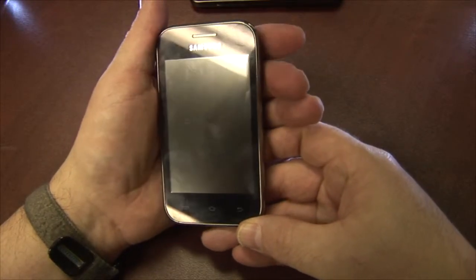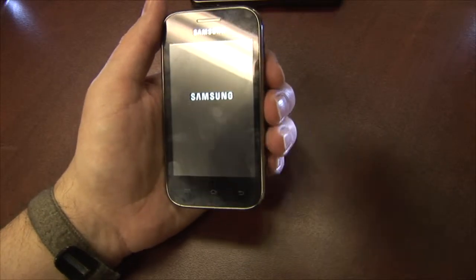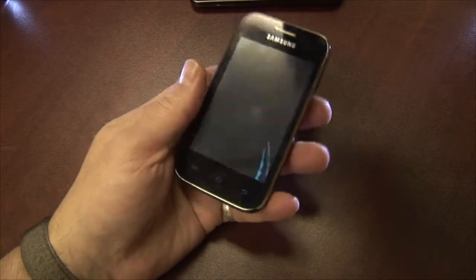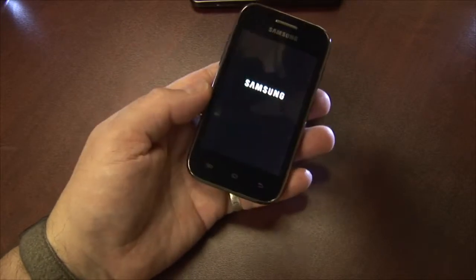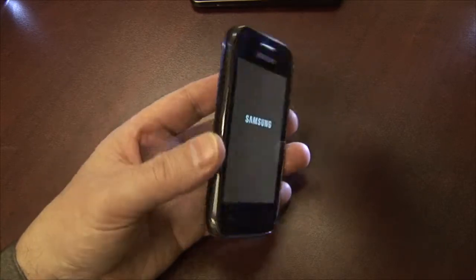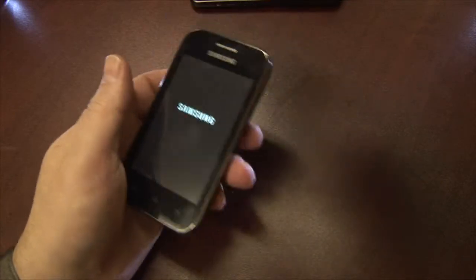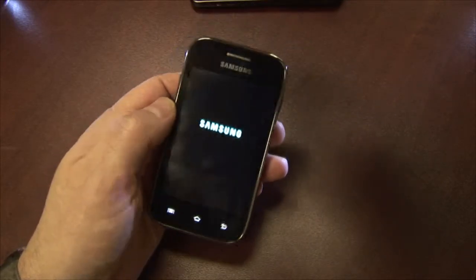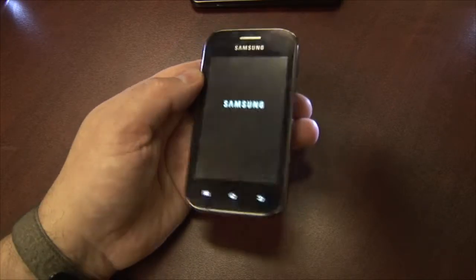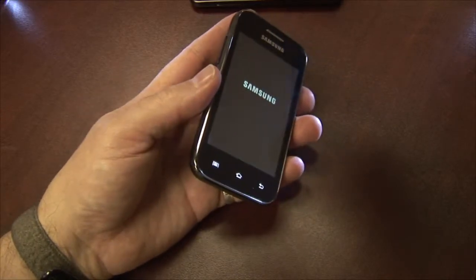I'll crank her on. The vibration is a little loud, but it's a standard vibration. Oh, there's our startup sound. It's a bit of a slow startup on this guy. It's relatively powerful for a small and cheap device, but yeah, definitely has a bit of a slower startup compared to, say, the S2. This is running 4.04,